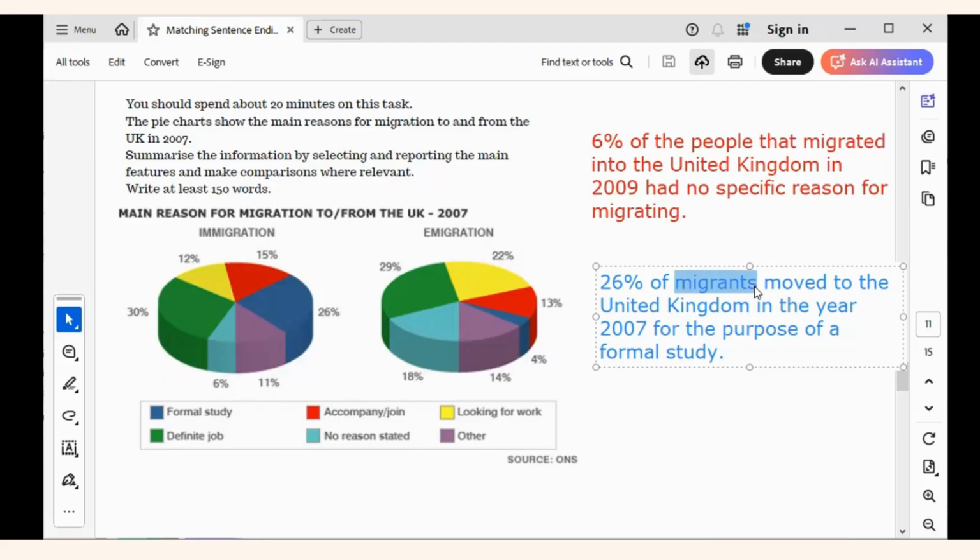Can you see that? Migrants. Can you see paraphrasing? I like that. Very good paraphrasing. Moved to the United Kingdom for the what? For the purpose of formal study. Very good. Very, very accurate. Okay? So, ladies and gentlemen,